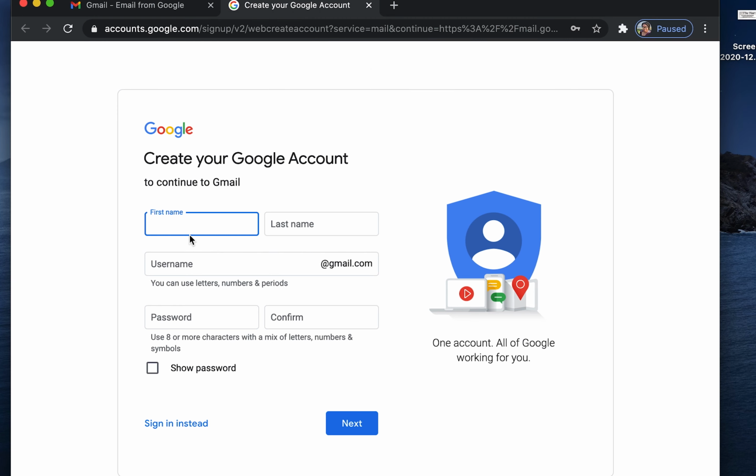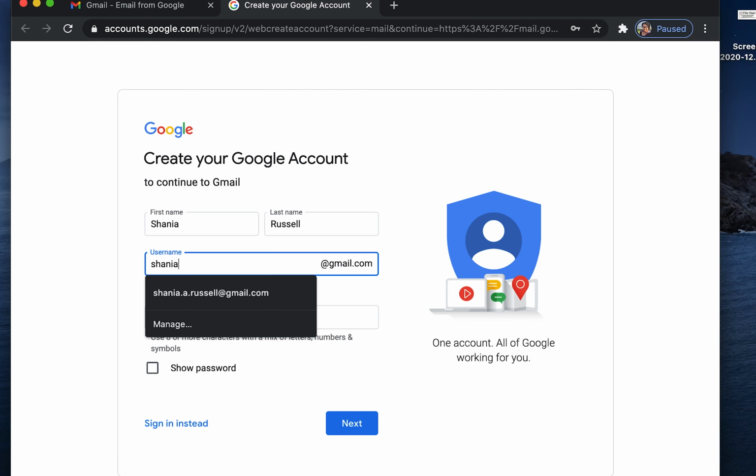To create an account, first put in your first and last name. For your username, you want to think of a professional and unique email address. A simple format is some combination of your first and last name or initials. You might need to try a couple of different options in case someone is already using that name. For example, I might just want to type in my first and last name,